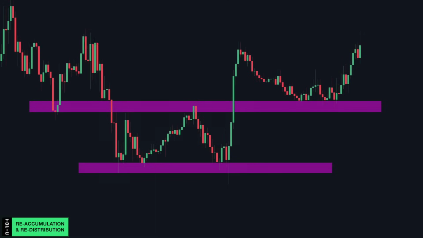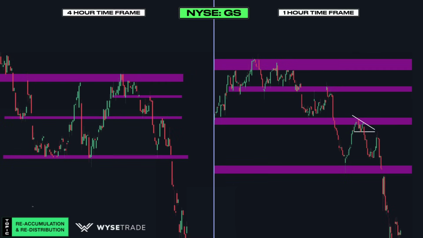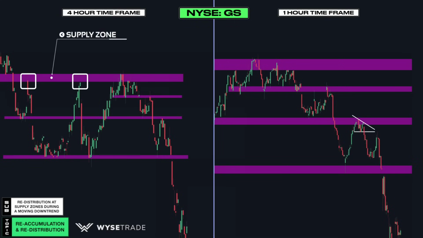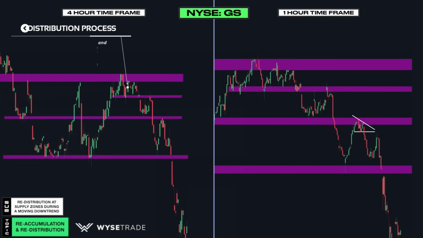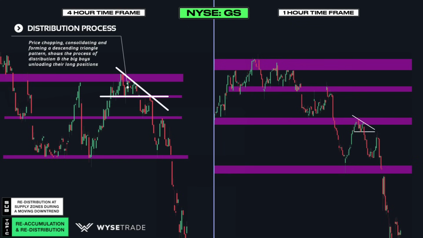Now, moving on to the concept of redistribution. This is the Goldman Sachs stock. On the left is the 4-hour time frame, and on the right is the 1-hour time frame. These reversal points here make this a key supply zone. As price came back up, notice price chopping around the supply zone, consolidating and forming a descending triangle pattern, which shows the process of distribution and the big boys unloading their long positions that they took on at this demand